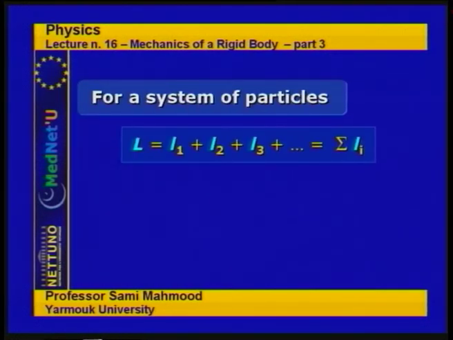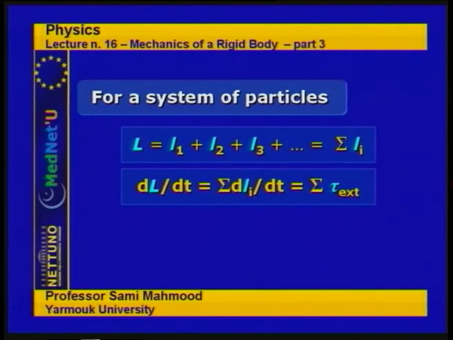Now, as usual, for a system of particles, if we have a body consisting of a system of particles, the total angular momentum of the system is simply the summation of the angular momenta of each one of the objects in the system. And as usual, the rate of change of that total angular momentum with respect to time is given by summation of dLi by dt, and that summation gives the summation of the